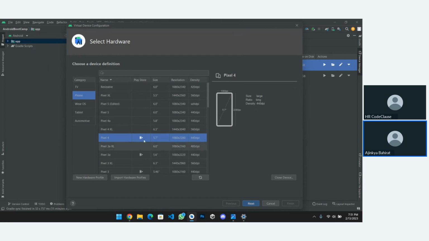We will go with the Play Store one because we are going to use the deployment feature in the end, or it may cause some issues while developing applications. For example, if you want to develop an application with a map part like Google Maps, you need to install Google Maps on your device. You can do it later, but it might cause issues. Just select anyone. We will go for Pixel 4.